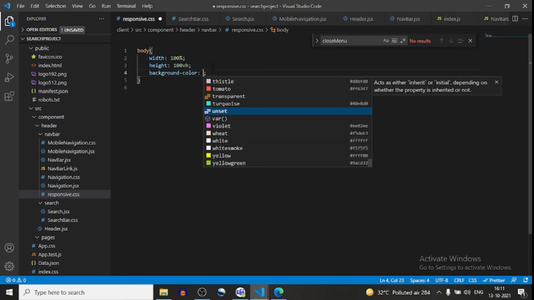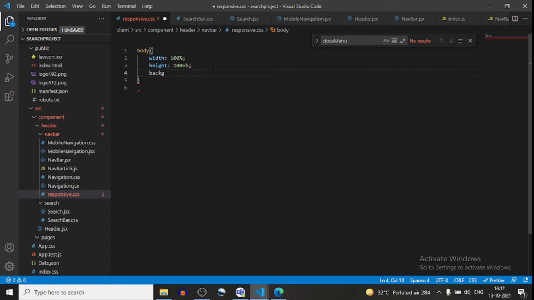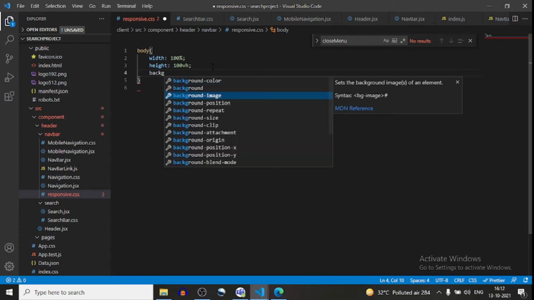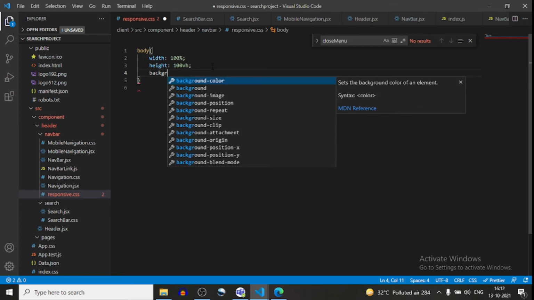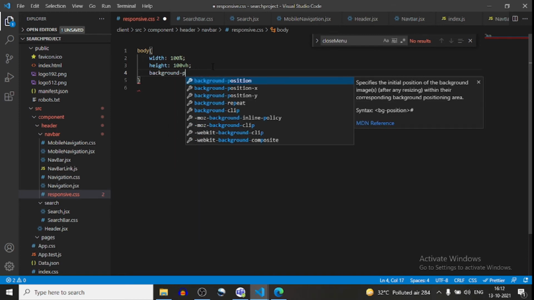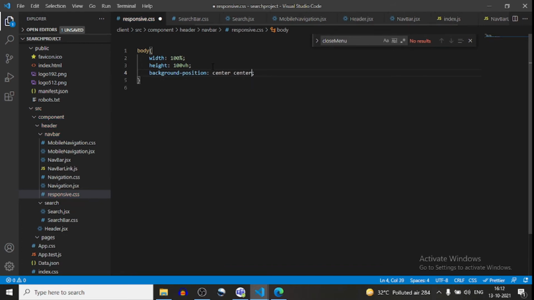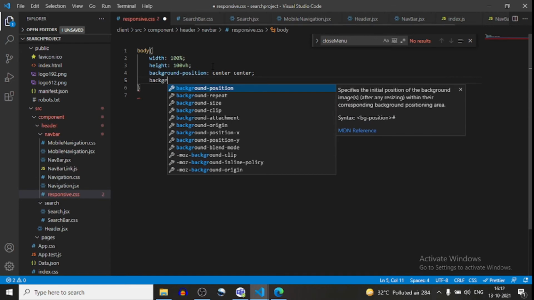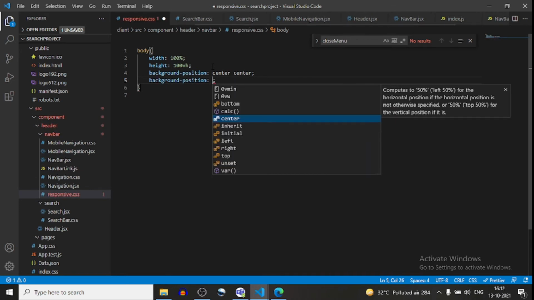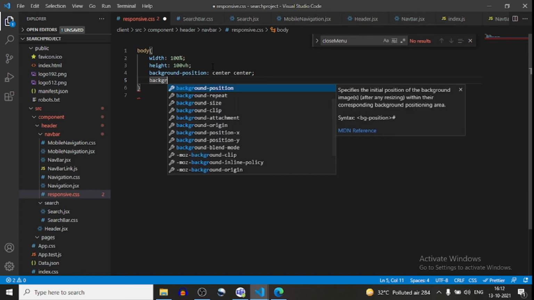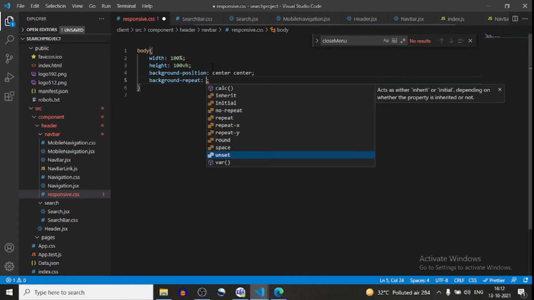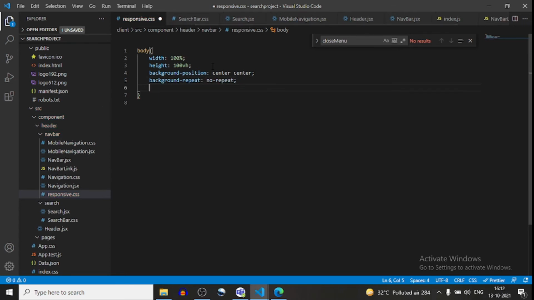Background color, background position, the background position will be center, and background repeat will be no repeat.